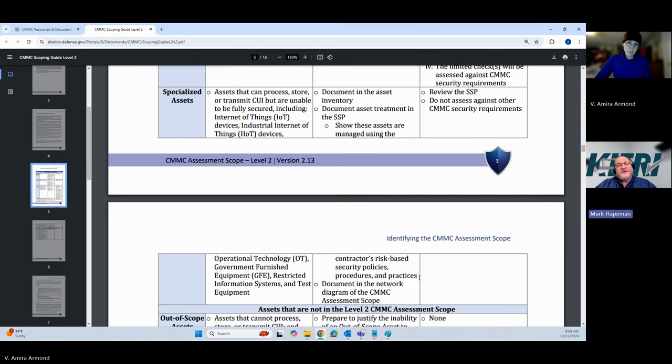However, if the DIBCAC would come or the DoD would come and find that asset sitting in the middle of the street, they're going to have a problem with it. They would probably have a problem with it, but it's not going to be a problem based on their assessment if they're following these assessment instructions.